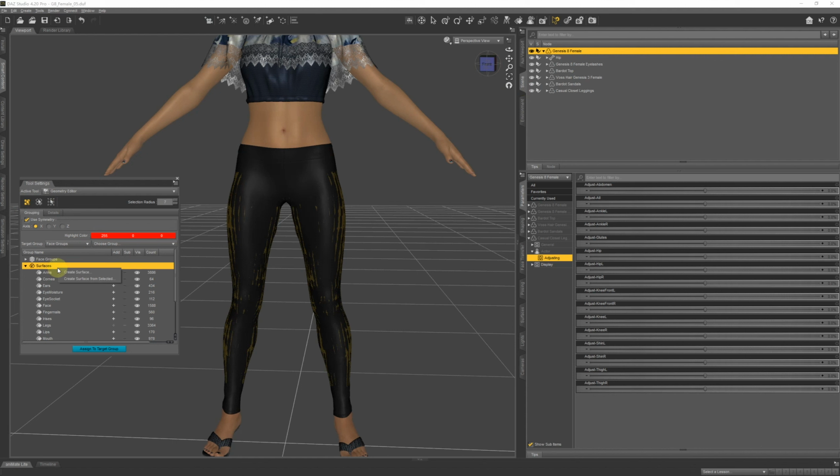In the Geometry Editor, right-click on Surface. Choose Create Surface from Selected. Name it Pants No Draw.